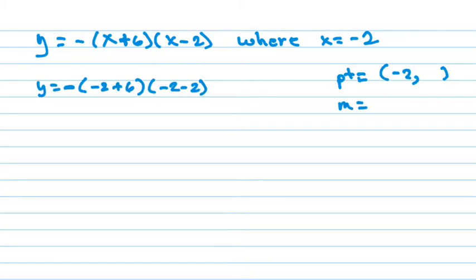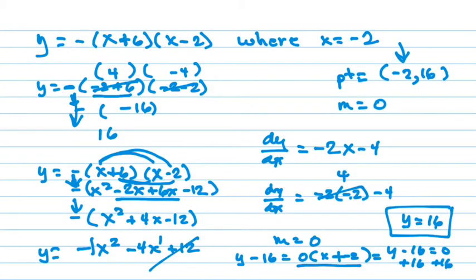Okay, so our steps were: first, find the y value by substituting the x value into the function. Then find the slope by taking the derivative and then substituting the x value in to find the slope. And then substituting all of that into the point-slope formula to find the actual equation of the tangent line. A lot of busy work going on, right? But again,